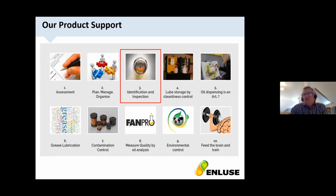We do all of these 10 things, but we know most of our distributors in the market don't. Many of our distributors sell our products, and they don't sell the whole package. They sell parts of them. For example,